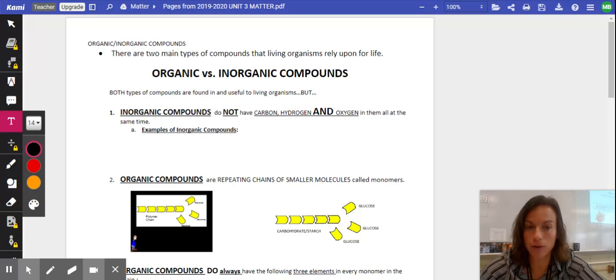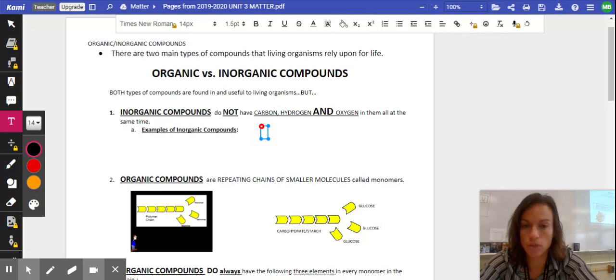Not organic molecules are quite simple and small. They're not chains, and they do not have carbon, hydrogen, and oxygen in them all at the same time. They might have carbon, they might have hydrogen, they might even have carbon and hydrogen, but they won't have all 3. Okay, so some examples of this could be like